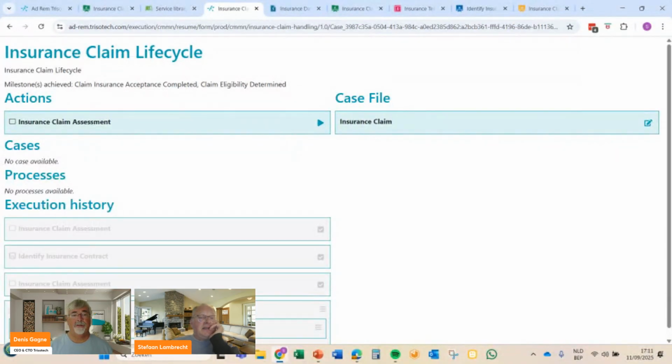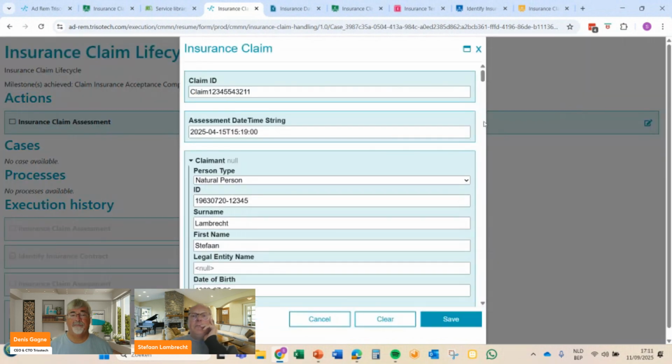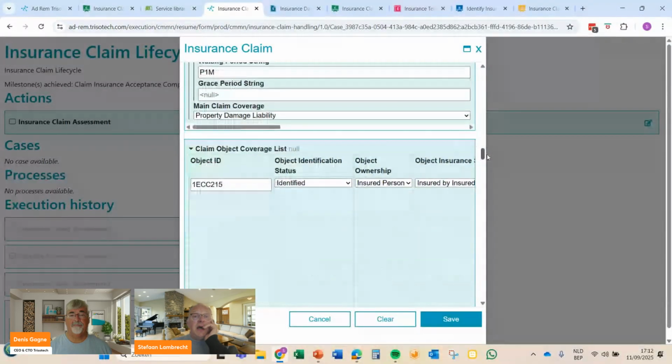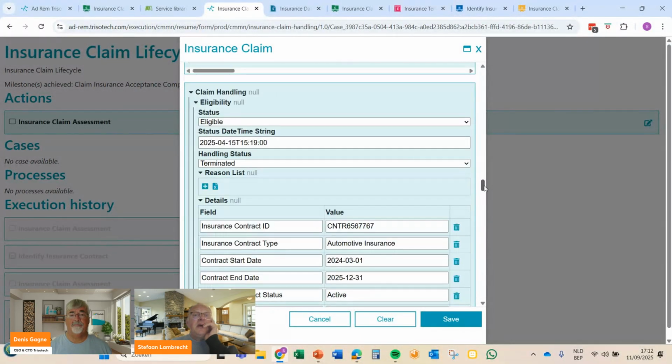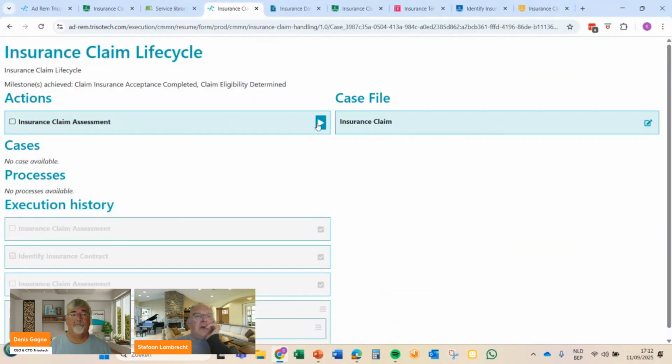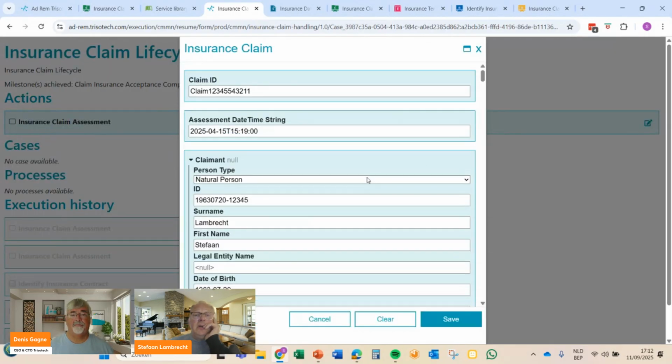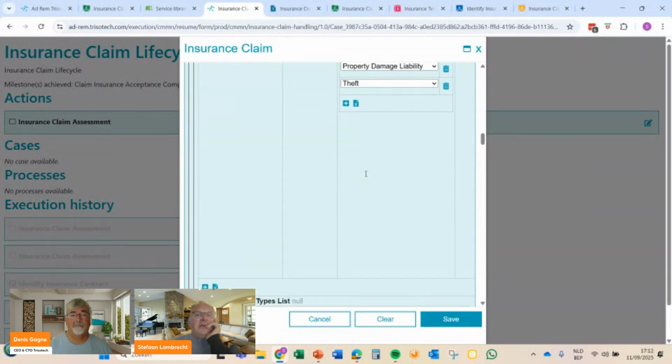So that means that this process has ended. If we look now at the information about the case here that we have, then we see that we have eligibility, but what it will now do is the case will in fact rerun our decision model. And if we look at it now, then it will tell us that